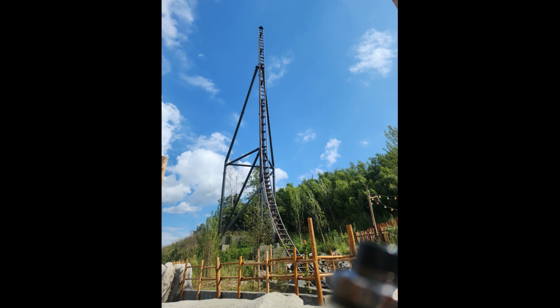Parc Astérix was by far one of the parks I was most excited to visit in Europe. I was really excited for Tornado Zeus, Osiris, Gudrix, and most of all, Toutatis. This new coaster just looked so interesting to me, and it really felt like it was going to be a better version of Pantheon, and the reviews I had heard about it were phenomenal, so I was so excited